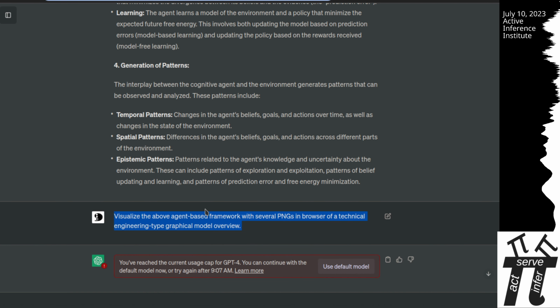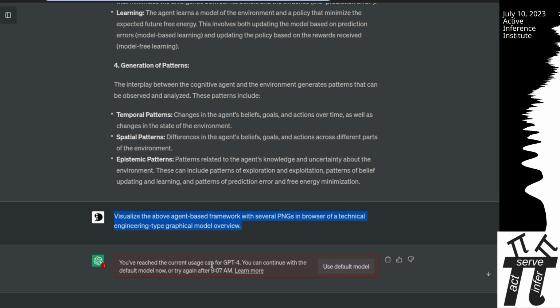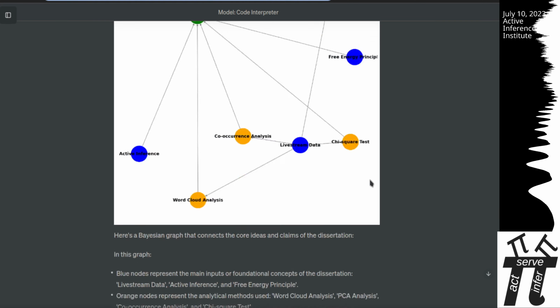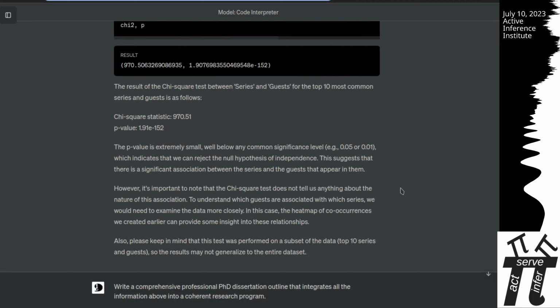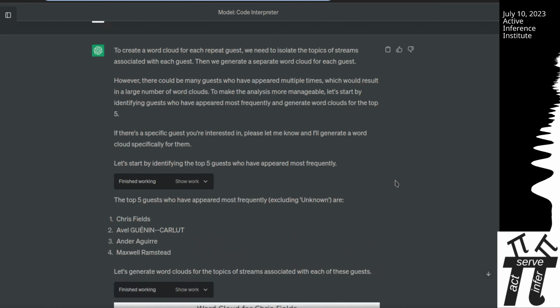And of course, I went next to the visualizations and have so many more directions that are probably really fruitful for you and I to explore. But alas, I reached my current usage cap for GPT-4. I can continue with the default model now or try again in about an hour. So I thought I'd make this nice summary video because even just on a first run, this has been highly interesting,